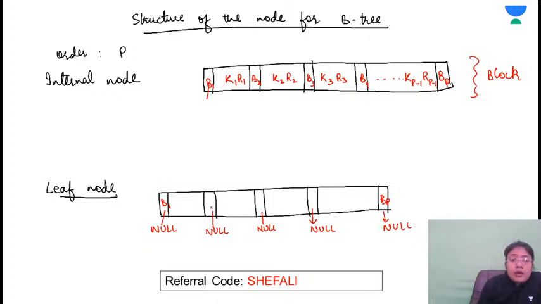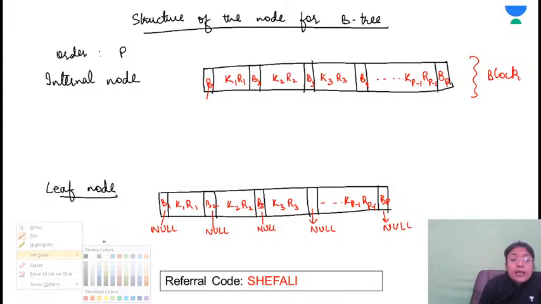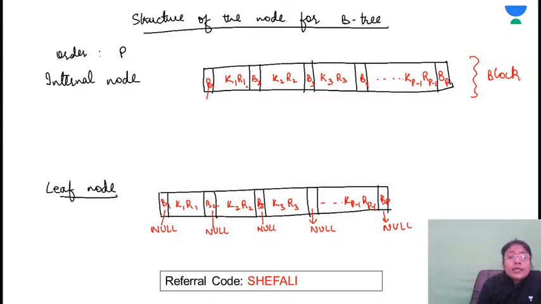Block pointer 1, block pointer 2, block pointer 3, and so on. Key 1, record 1, key 2, record 2, key 3, record 3, and so on. So what will be the structure? What will be the formula? Inside the block, in the internal node, block pointers, record pointers, and keys are present. If the order is P, then in one block,